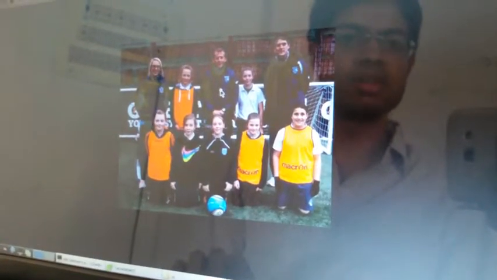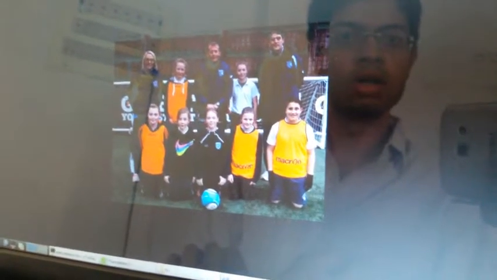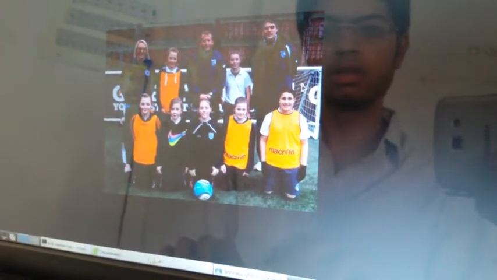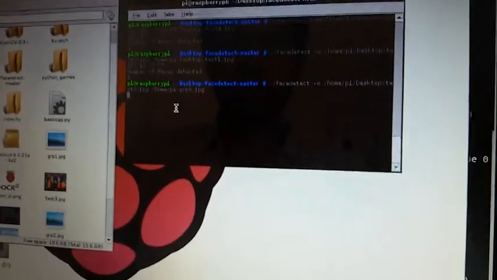Now we'll be using a test image which we have downloaded from the internet, and let's see if it detects the faces. The name of the output file we have given is test3.